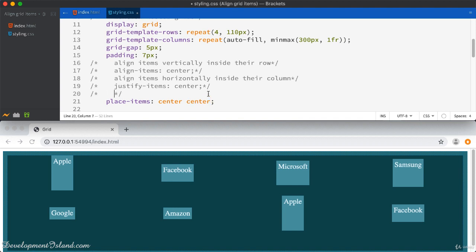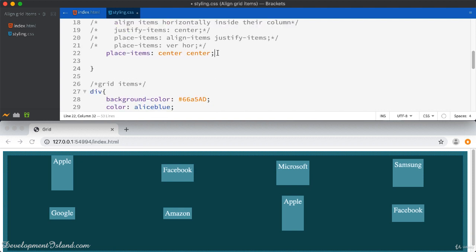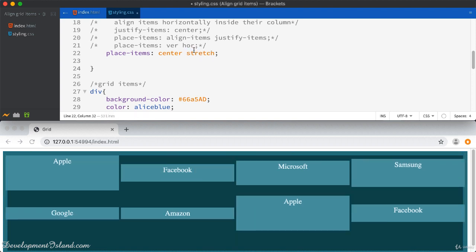So what place items does is that it sets the align items and the justify items. And just make sure that you remember the order. The direction is vertical, then horizontal. All right. But if I change this to stretch, for example, then horizontally, my items are going to be stretched